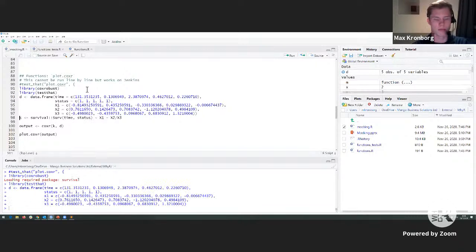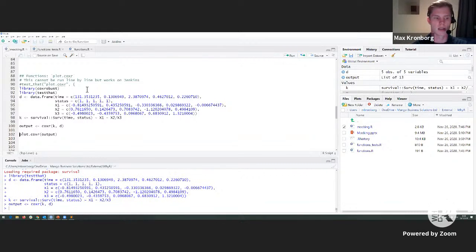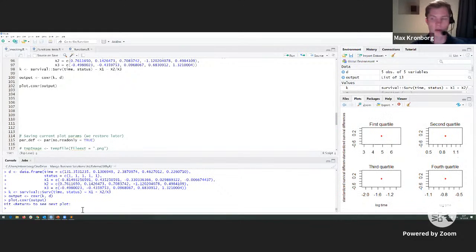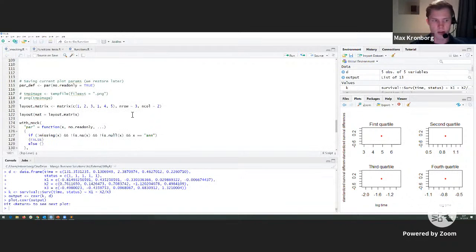We create some mock data. So we need a data frame. We need to do some survival analysis. Then we use one of these functions from the package to get an output. And then we want to plot this. And what we get is this setup that you might have seen, which is that you get one plot over here, which is fine. And then in the console down here at the bottom, "hit return to see next plot", which is great if you're a person clicking on the keyboard. But when it's an automated test, because they're not interactive, you can't have someone sitting there clicking next, and you also can't capture it to an image. So you need to find a way around this. And I will just quickly explain how you can use mocking for this.